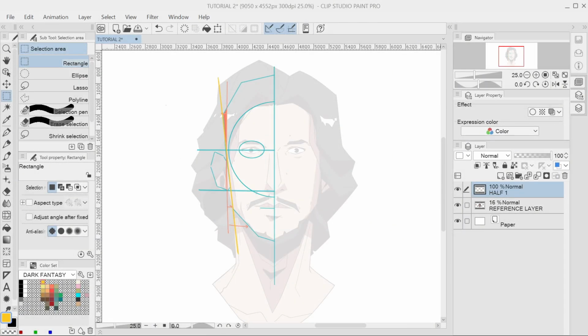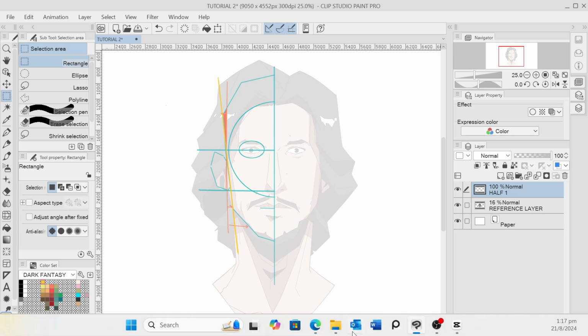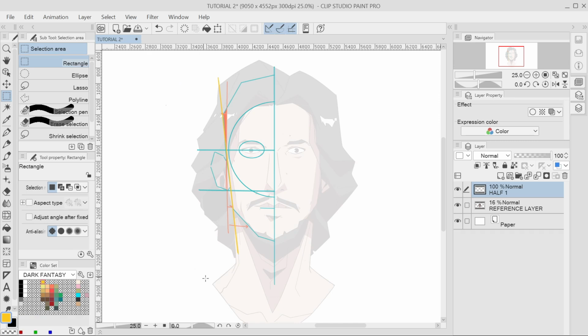At this point, let me show you another quick trick that will help you save a lot of time on front view sketches or any that are symmetrical in some other way. In cases like this, we can save ourselves the effort of drawing 50% of the picture by using the duplicate layer and transform tool. Let's suppose I started the sketch from scratch and have only completed the first left part of the head. What I can do now is copy the layer, as we learned before,